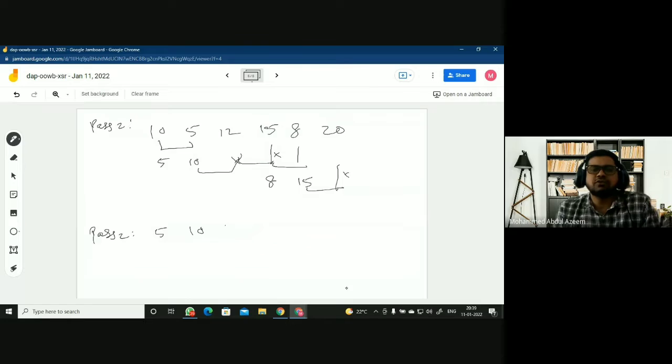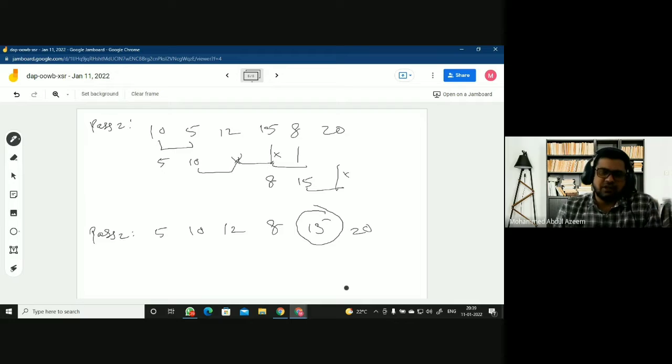Well, 12 has not changed. Then here you got 8, here you got 15, here you got 1. If you observe again, the last but one position has been placed with the proper value, because when you sort these elements, the last but one should get 15 only, right? So you can see from the bottom, the elements are being sorted.